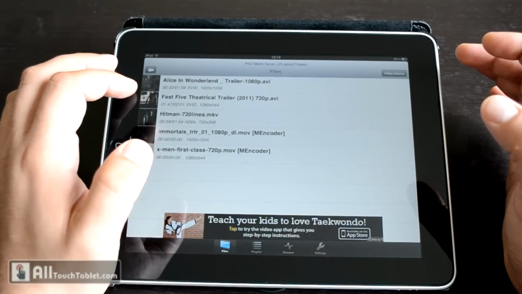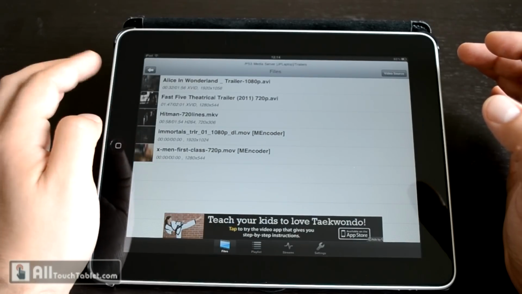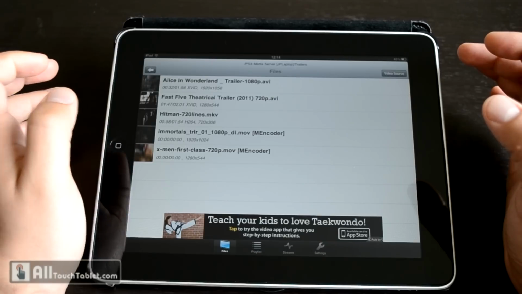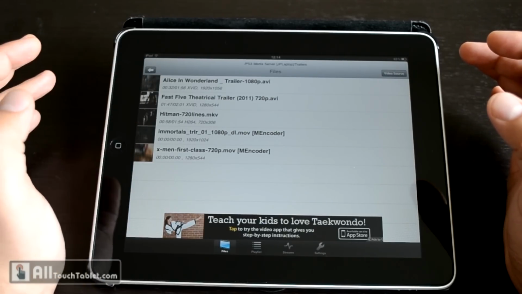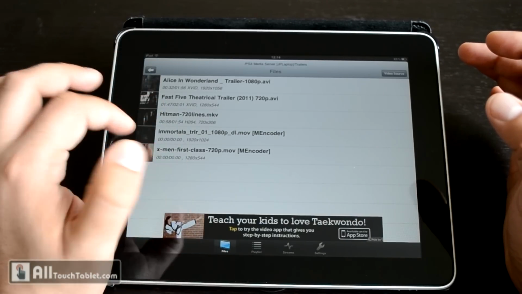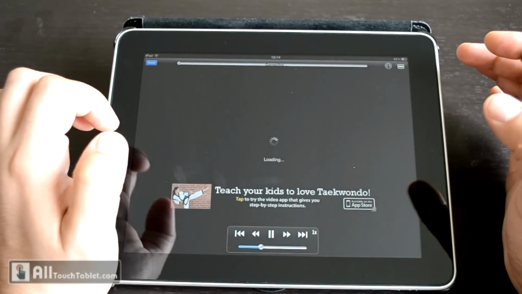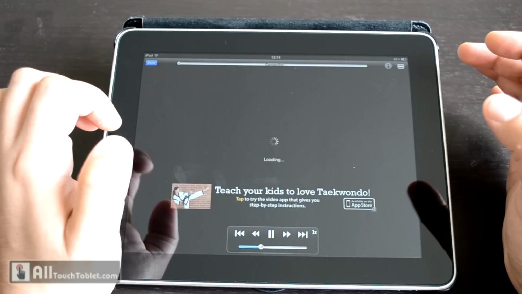Now let's see how it plays back the files which should be supported by default, because Apple is the owner of QuickTime, the software that is used to encode and decode the MOV files. Let's start with 720p. It's a trailer of the X-Men, the one that's going to come out this summer, and